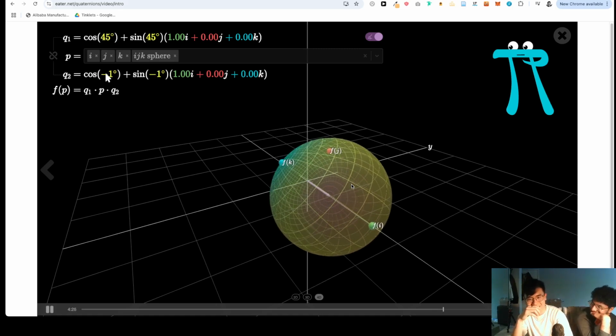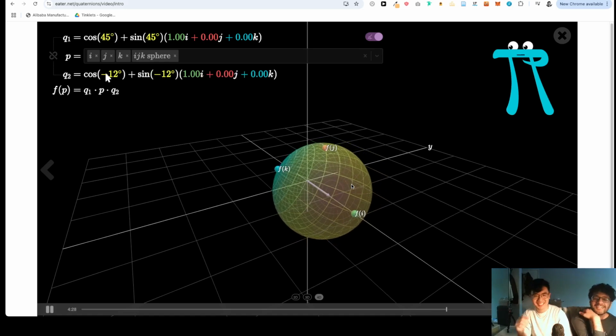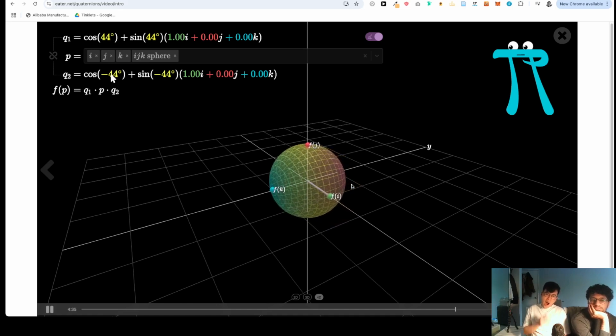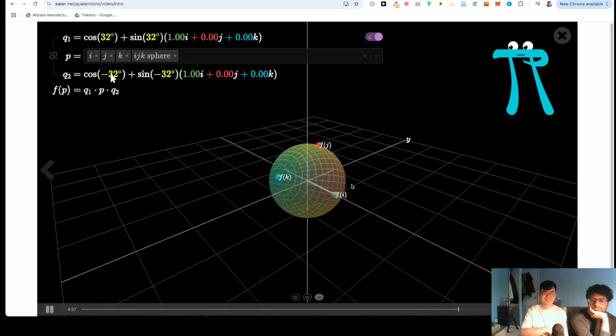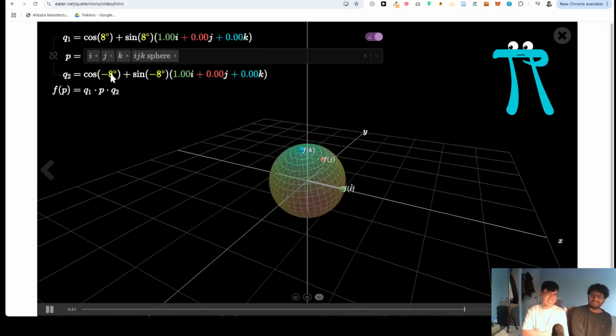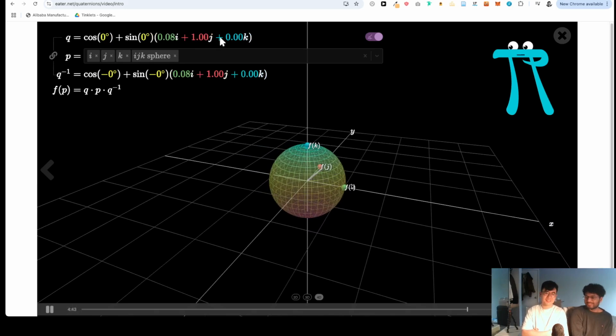Multiplying by Q inverse from the right, where with quaternion multiplication, it matters which side you're coming from. Involves continuing that rotation, but putting the sphere back in place. Don't worry if that doesn't make sense. I just want to give a little hint about what's going on. I have no stamina now. I used to be able to grind for 10 hours. Really? I'm tired now. Me too. I had such bad sleep last night. The next thing I want you to do is change this axis by altering the values of either